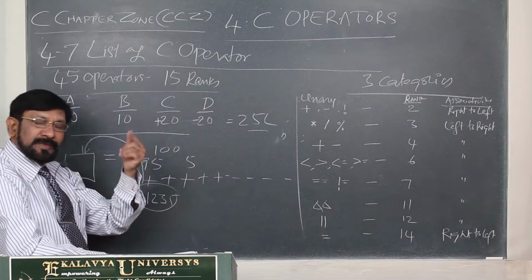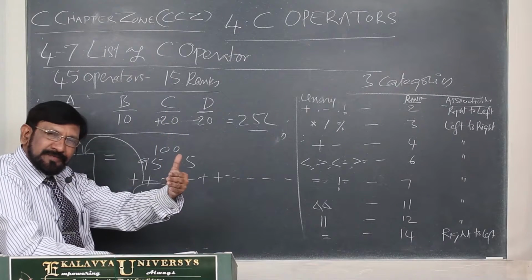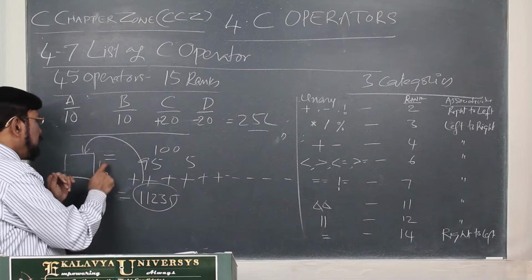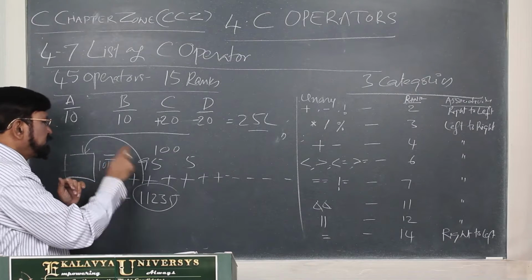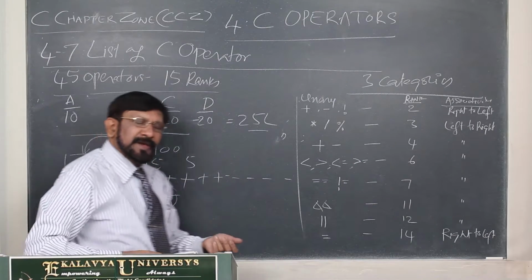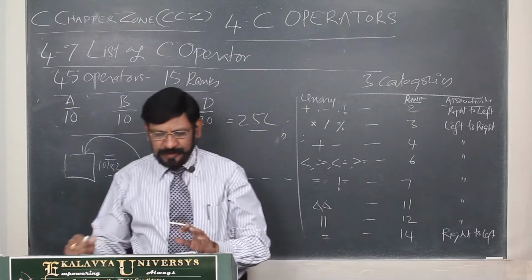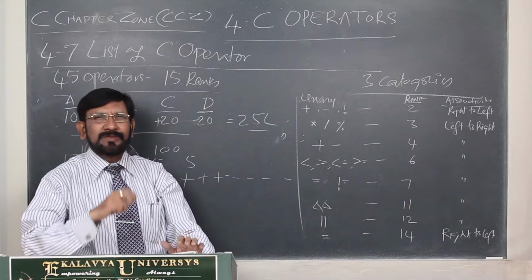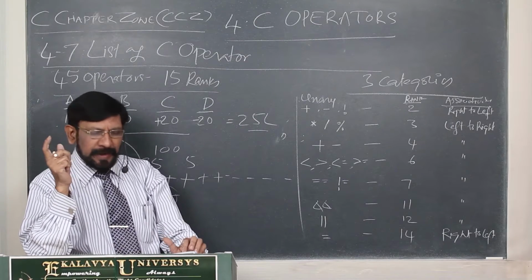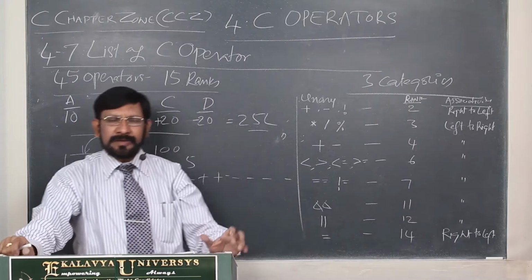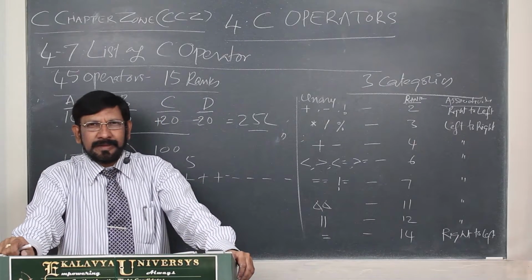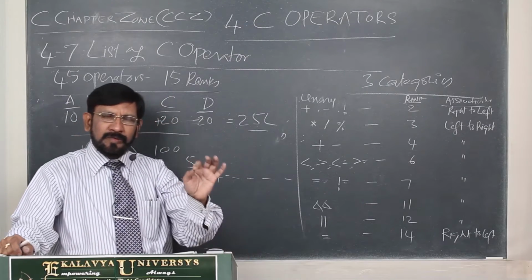When it is executed, what is its rank? The last rank. After performing these 100 operations, then he is doing this as the 101st operation. Okay, that's why it is given the last rank. In this manner, you have to think. If you think in this angle, you need not learn by heart. It sharpens your logical power. That is very much required for every programmer who wants to become a leader. Okay, here no room for learning by heart.